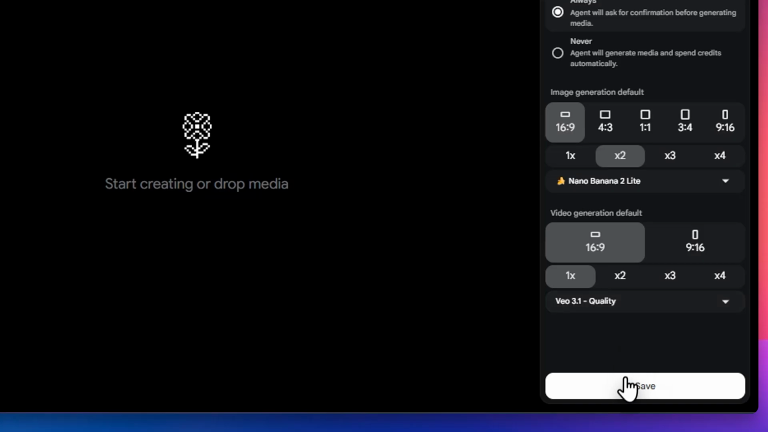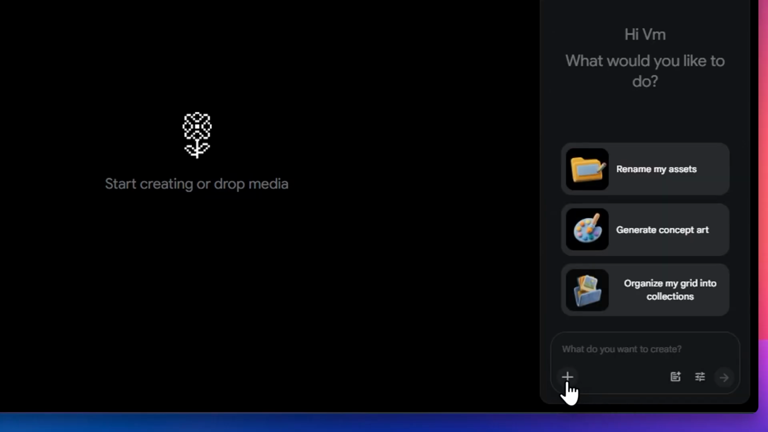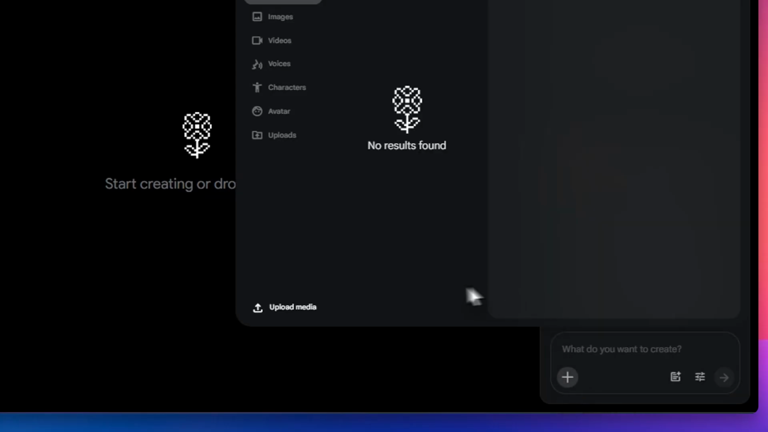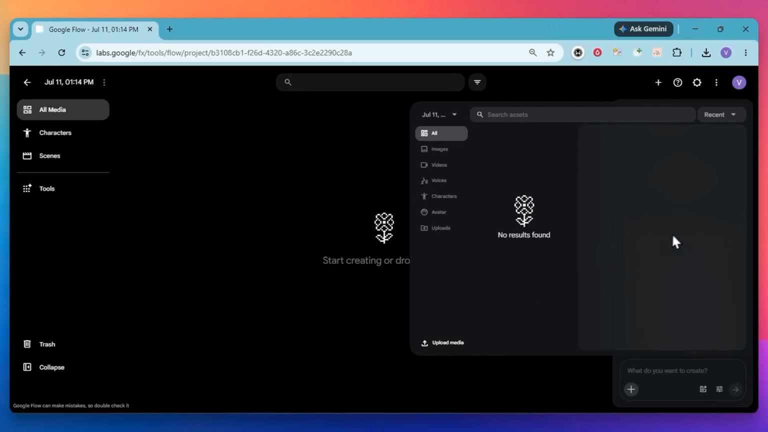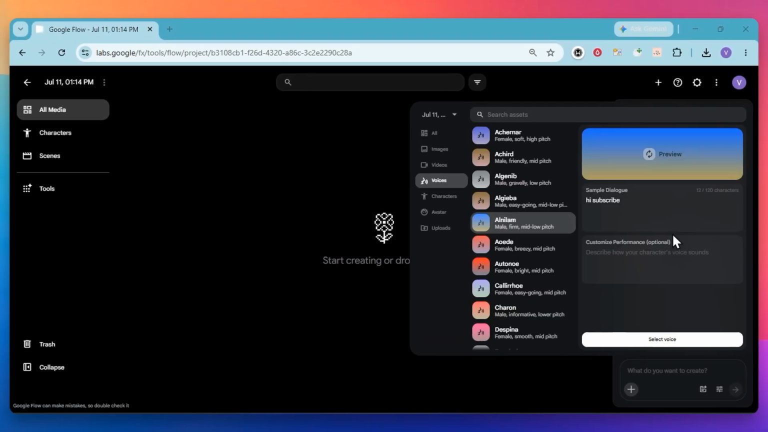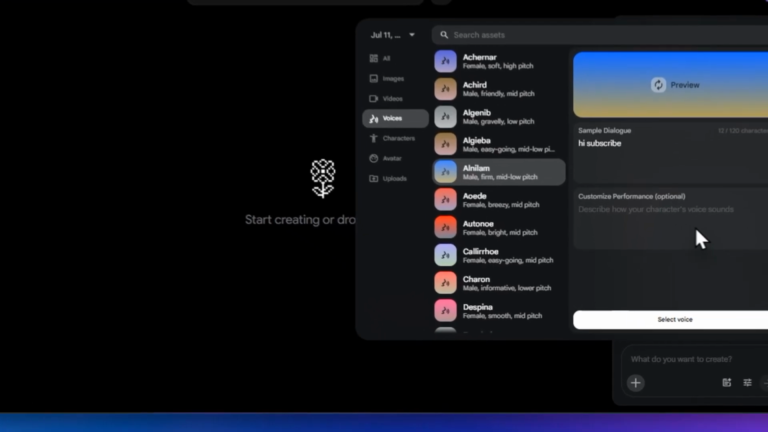Click on the plus icon or the Add Media button located on your prompt dock to begin the upload process. Select your downloaded MP3 dialogue track from your computer and wait for it to finish uploading. Once the file is in your library, you can simply drag it onto your timeline where you want the character